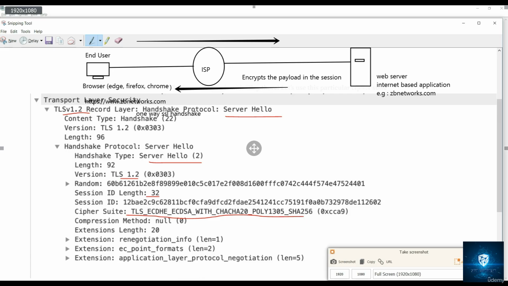create the session key. So both the client and the server will generate the session key. And then when both the client and server are ready, they will say that the handshake is complete, and using that particular session key the data encryption will take place. So I believe you understand the points listed here